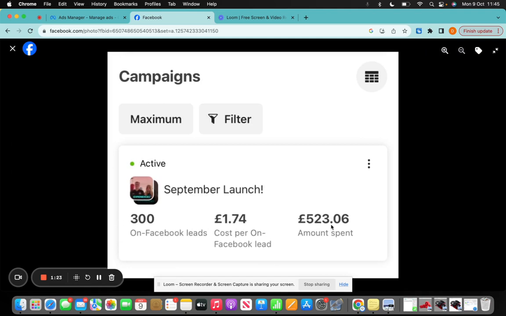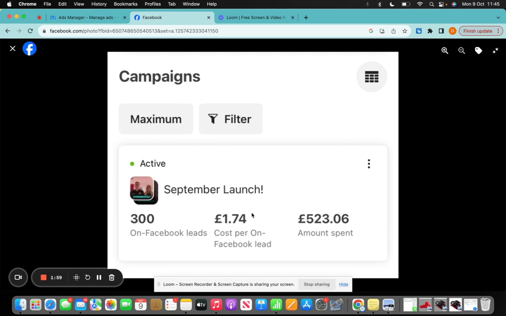We're getting incredible results for this client, and the cost per lead is consistently staying at £1.74. Since we started, it has not risen in any way, really. It started at about £1 a lead, and it's kind of averaged out at £1.74 per lead. The point is, it's an incredible cost per lead. So we've made no changes, and we plan to make no real changes, because this ad is giving us the results that we want. So we're focusing on our follow-ups, on how we can contact the leads, on how we can up the show-up rate, how we can get higher conversions. We're focusing on all that stuff.